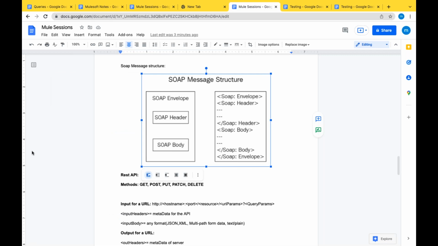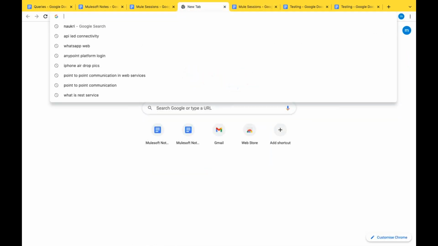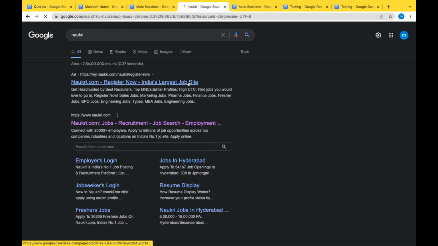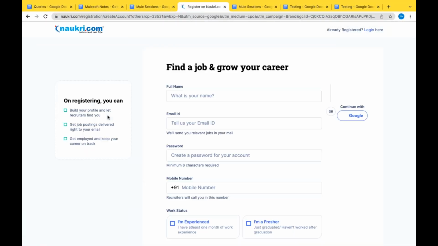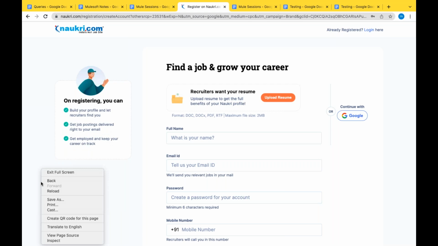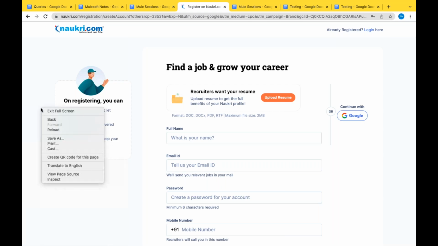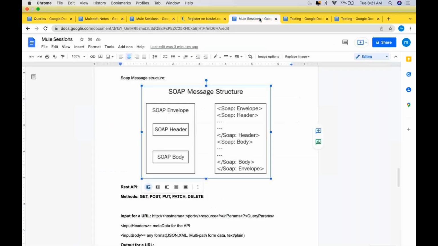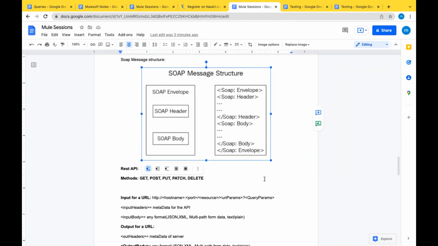Control Shift I, yeah. Okay, I'll check that and I'll update you.